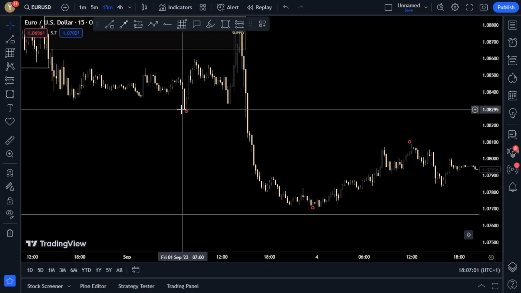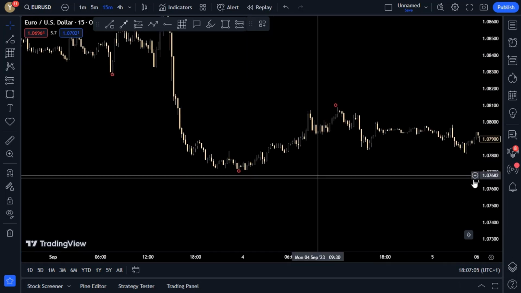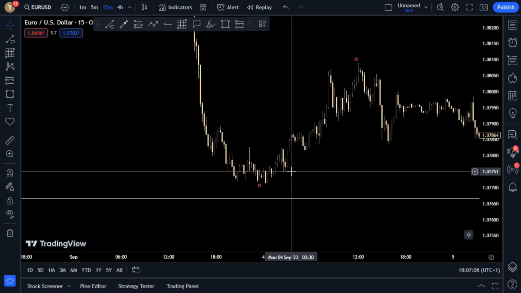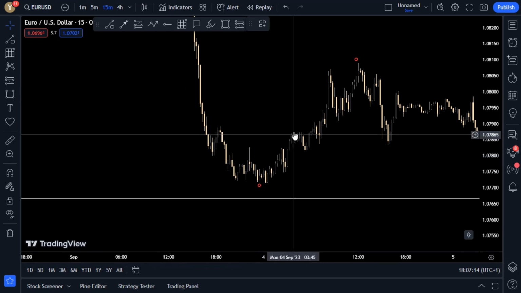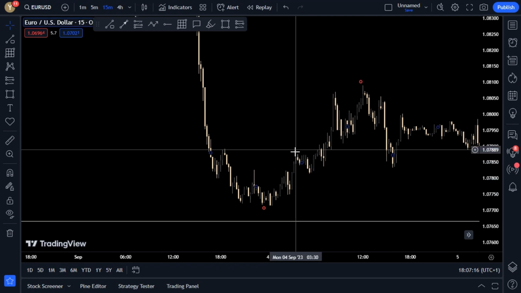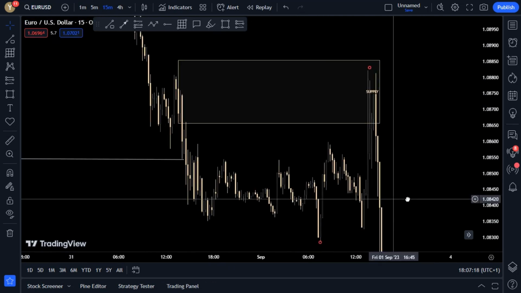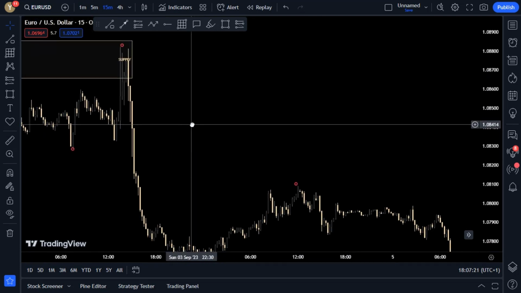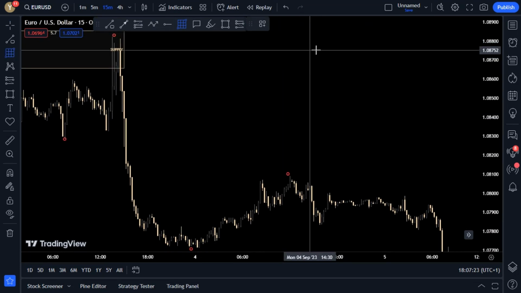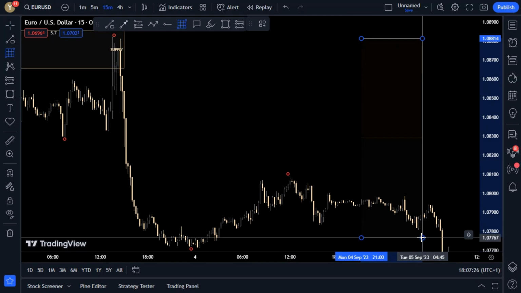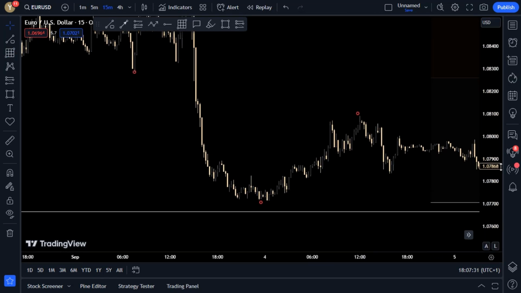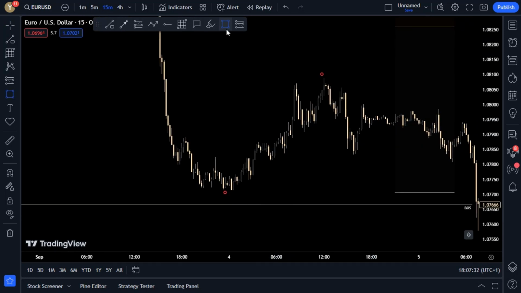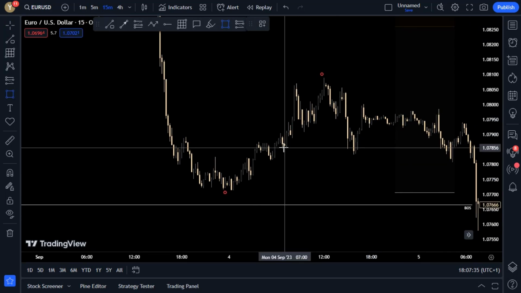Price came down, breaking the structure, and after then the same concept, except pullback. I start to see a change of character here. Apart from the change of character, I start to see bearish momentum, bullish momentum. However, I start to see a high, a higher low, a high, a low, high, and higher low, things like that. So we should always keep in mind that we don't want to be buying when price has already crossed the EQ. So you could always use this tool, and you can see price was nowhere near the EQ. So the only valid thing to be doing was looking for buying